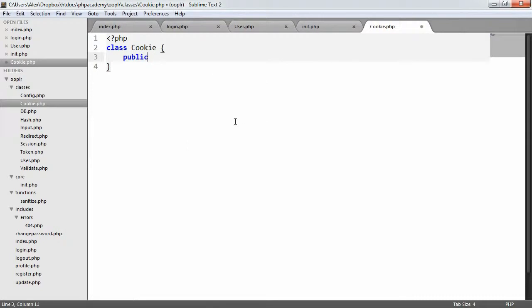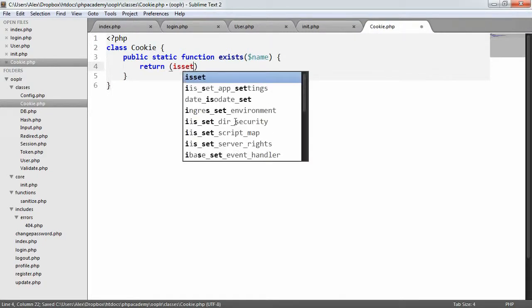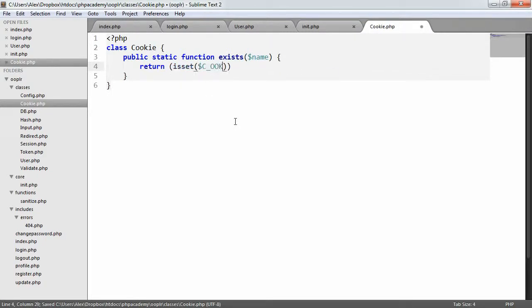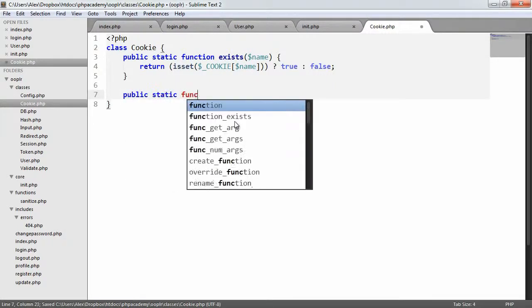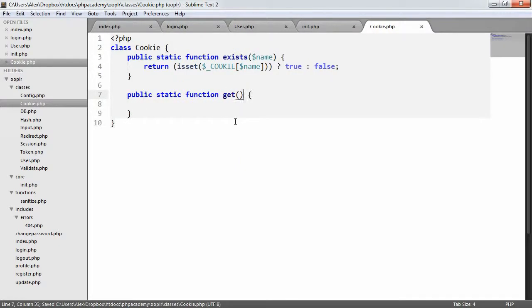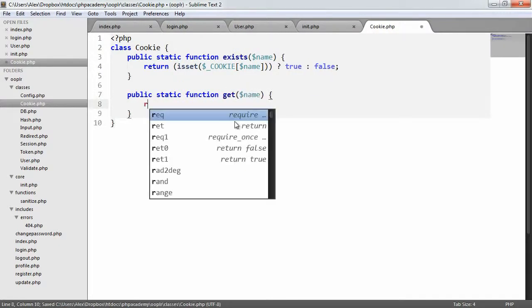We're going to create, again, just static methods, and this one is going to be exists, so we want to check whether a cookie actually exists or not. It's exactly the same as the session one. We're just going to check isset($_COOKIE[$name]), the name that we've defined, is that set? If it is, we'll pass true, otherwise we'll pass false. We now want to be able to get the value of a cookie, extremely important, so we're going to have a method called get, and we're going to have to define a name here, and that's just going to return